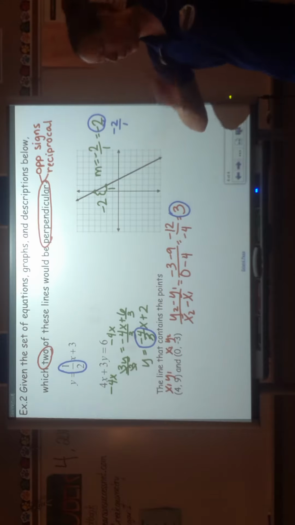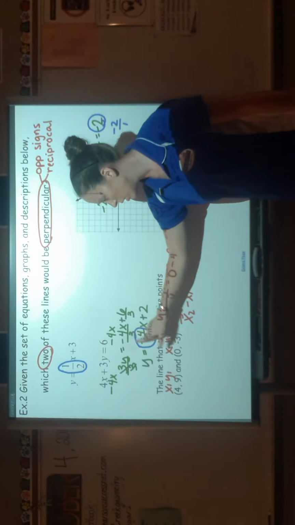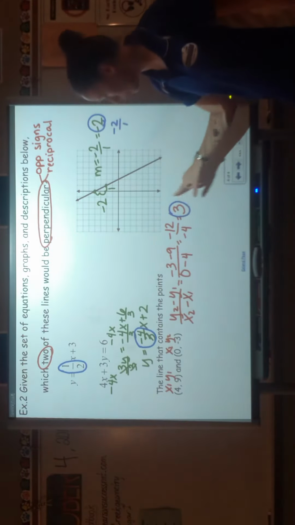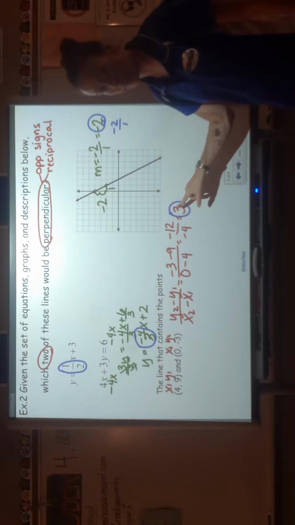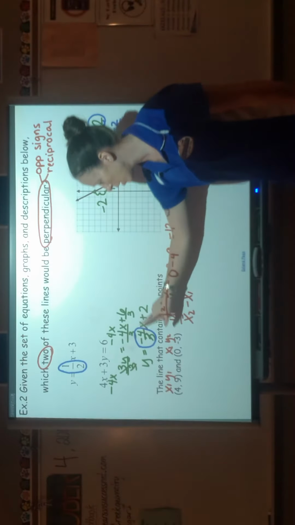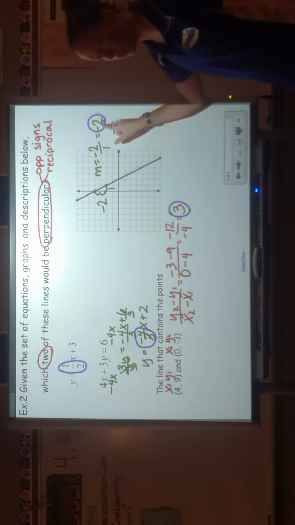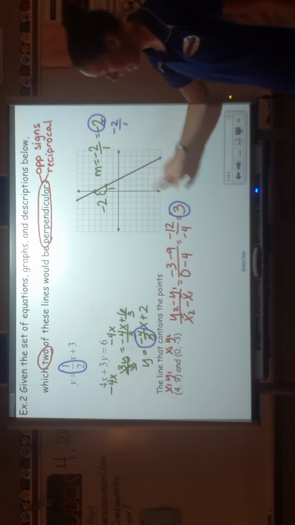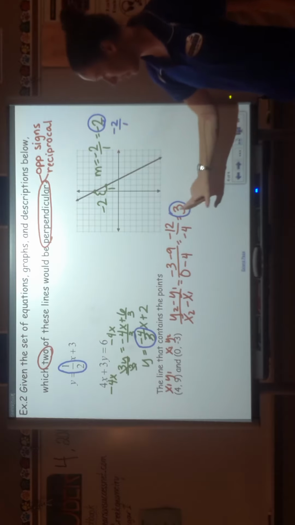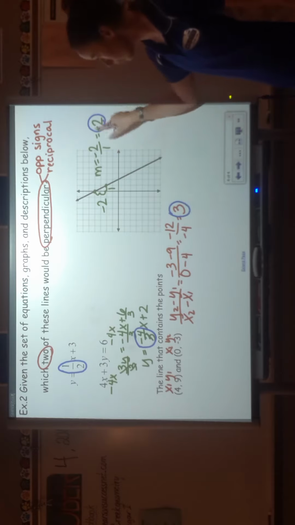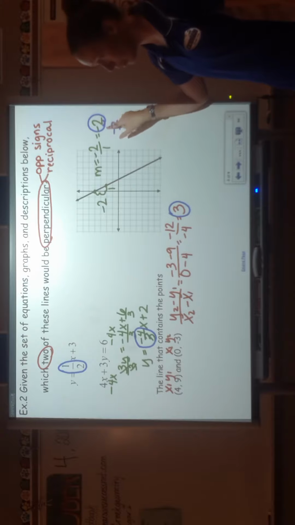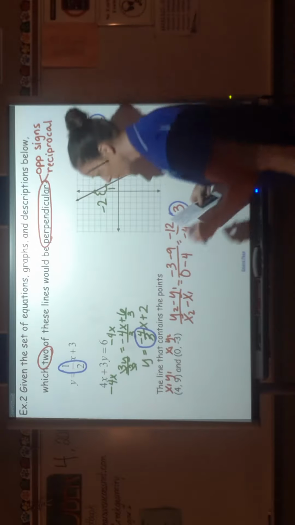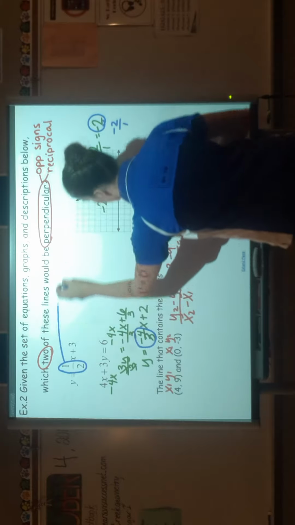But let's explore the other options. Is this opposite and reciprocal to the 3? No. Is this opposite and reciprocal to the -2? No. And is our positive 3 opposite and reciprocal to the graph -2? No. So the only connection, the only two slopes